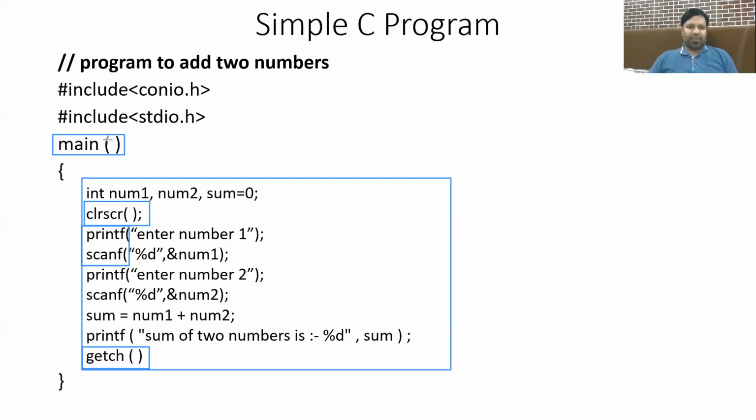You write main followed by the round braces and then the block of the main function. Here is the starting curly brace and here is the closing curly brace. So this is the main function starting from here and ending here, and the executable statements have been written inside the main function. The details about what a function is, what the use of a function is, and how we create a function are discussed in the upcoming video lectures.